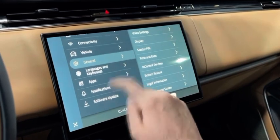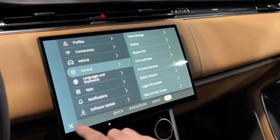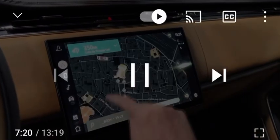Let us now move on. Software updates. This infotainment system uses the over-the-air updates, so you will have the newest edition of the system